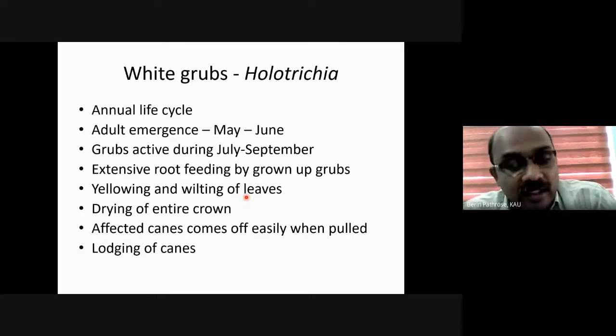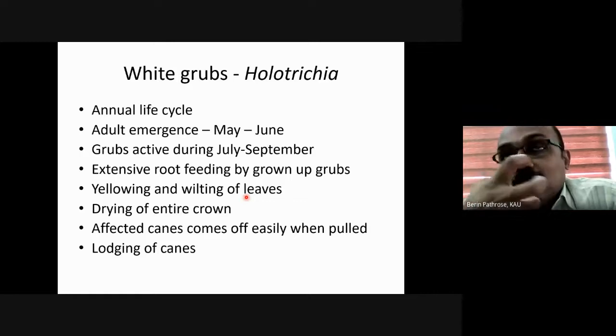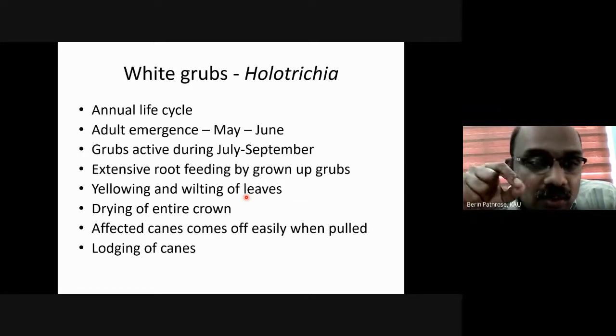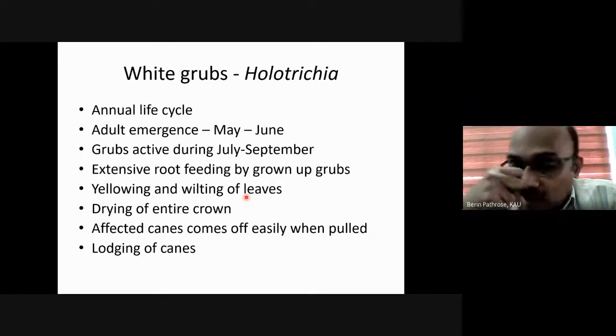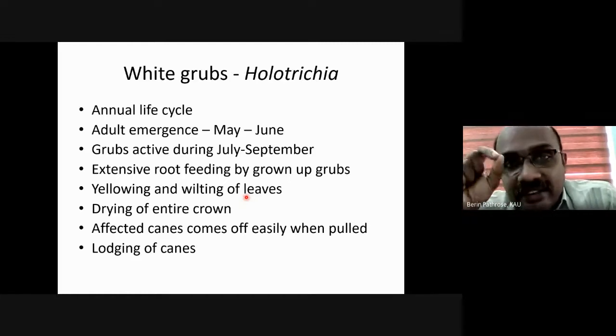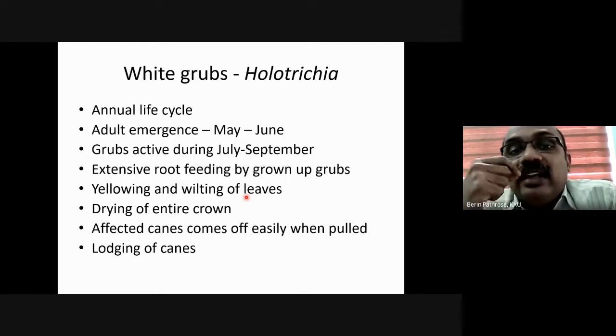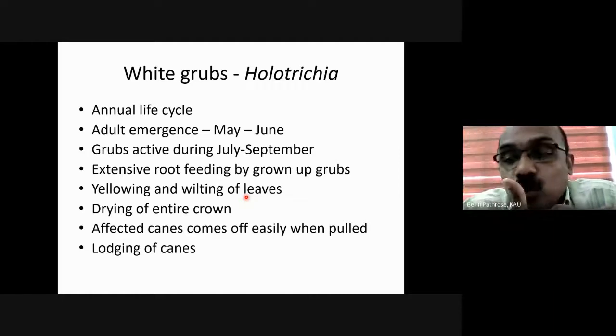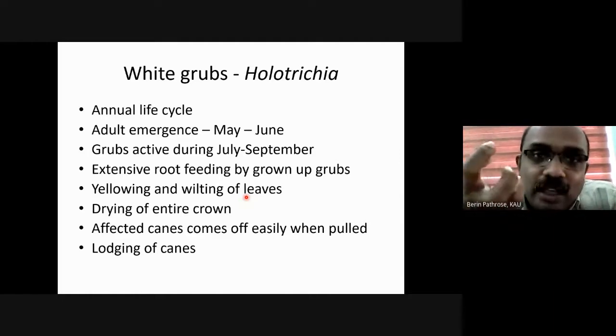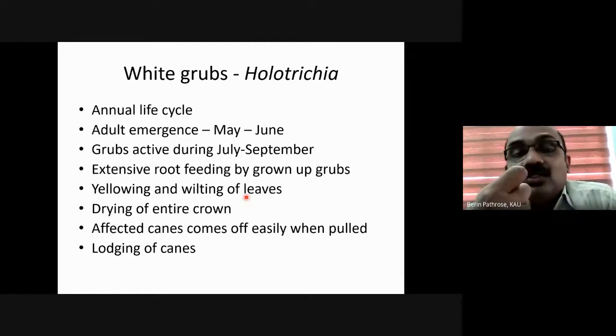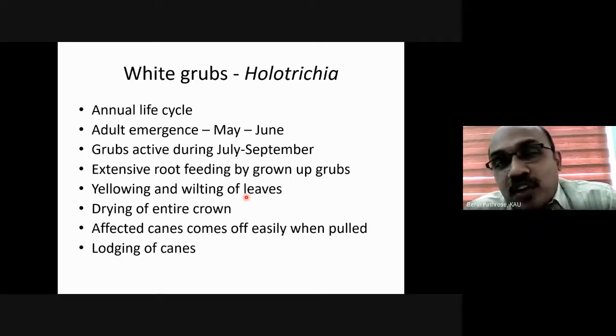It is usually asked in exam. So, because of the emergence of adults in May June, they are called as May June beetles. The adults come, mate, lay their eggs in the soil, and the grubs will be active from July to September. What the grubs will do is it will be remaining under the soil and feeds on the roots, voraciously feeds